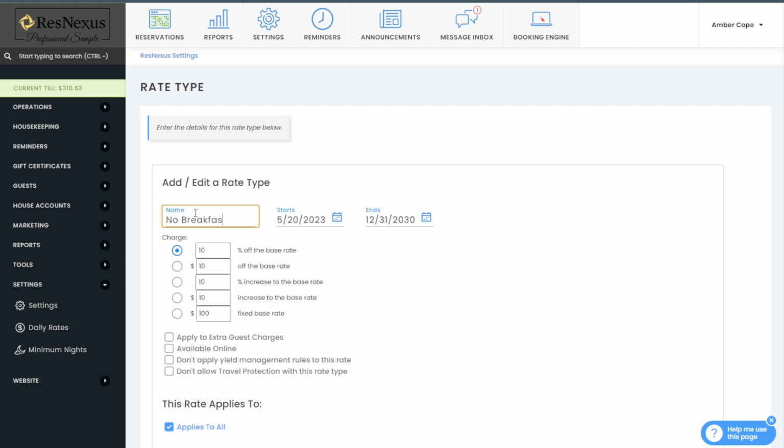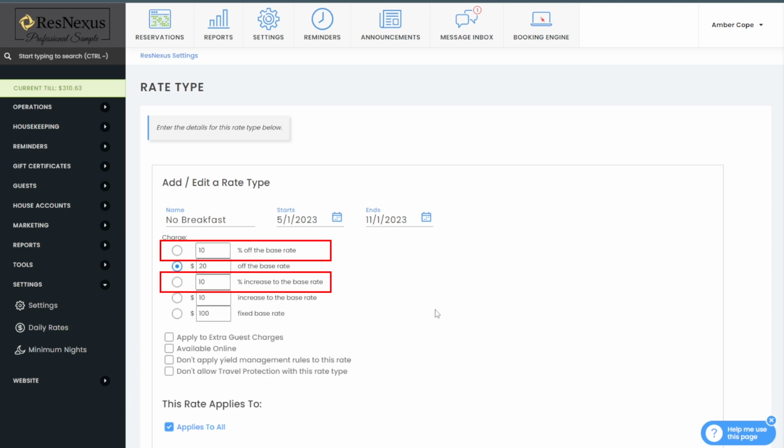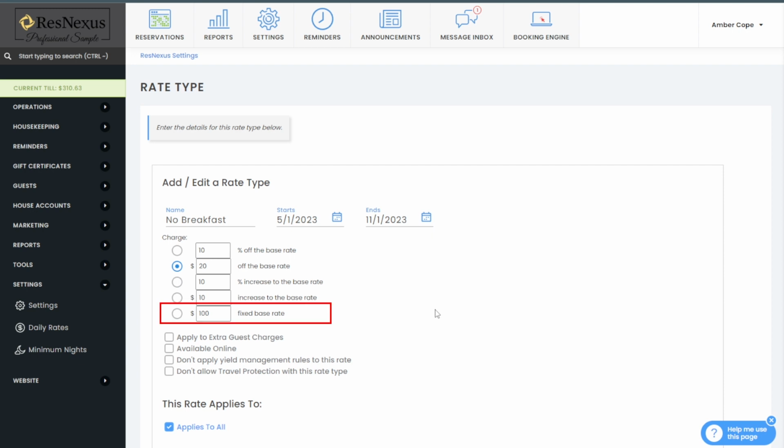Enter in the name of the rate type, and then you'll choose the date range that the rate type is available. Select the discount or increase that your guest will receive when they use the rate type. This can either be a dollar amount or a percentage off the base rate, or you can set a fixed base rate. You'll then select if the discount applies to extra guest charges, if the rate is available online,